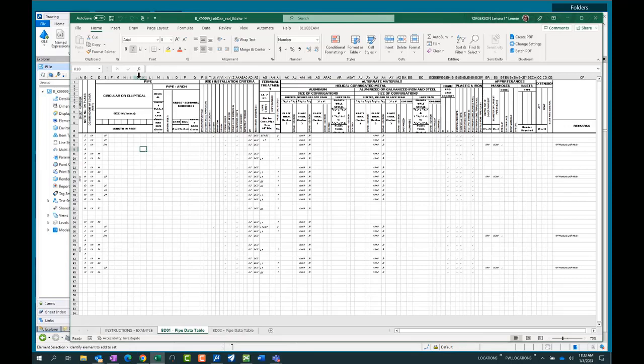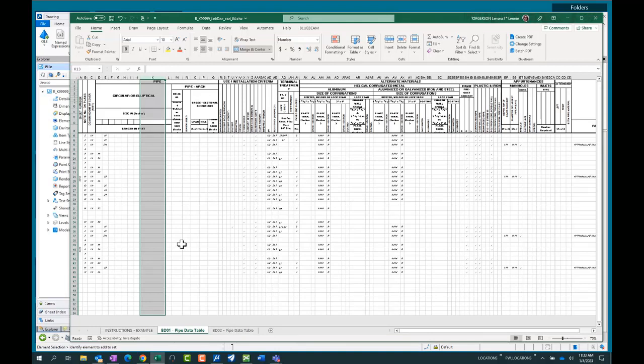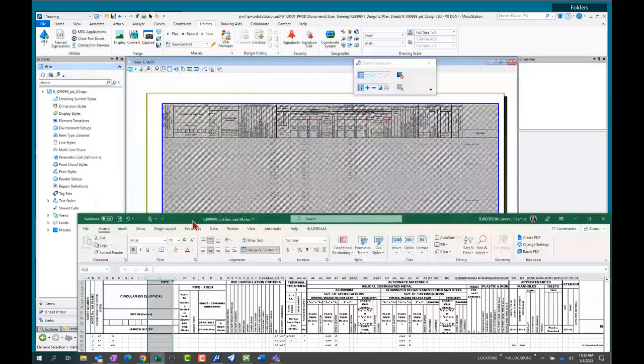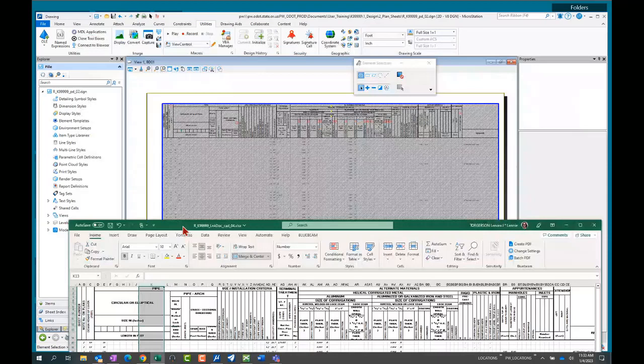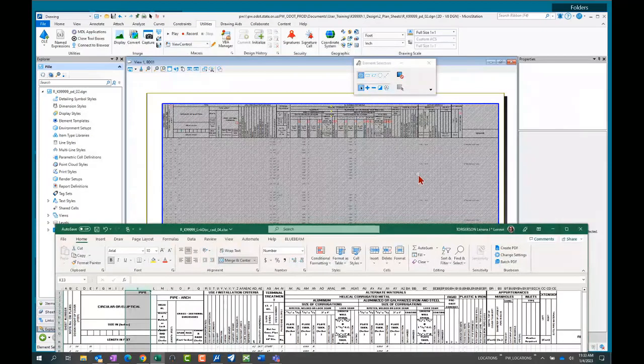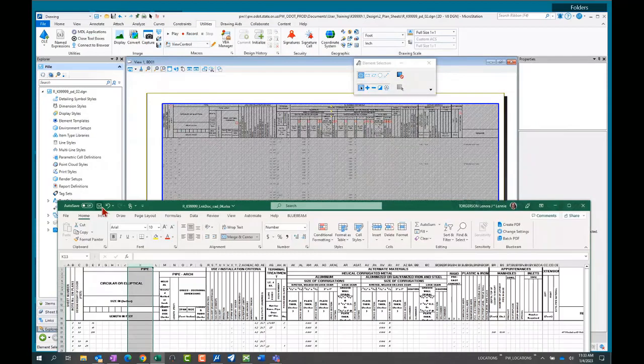I'm going to take this column K and just drag it wider. For some reason, I needed that column wider, right? I'm going to save my changes. I also wanted to point out, because I opened the source, look at that hatching. That's just telling me the Excel spreadsheet is open. So if I save this and close,